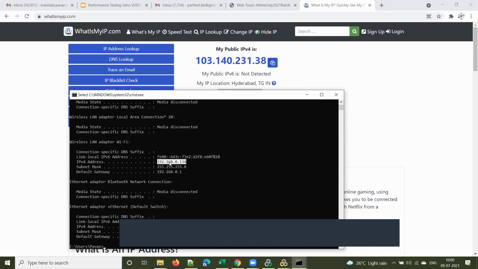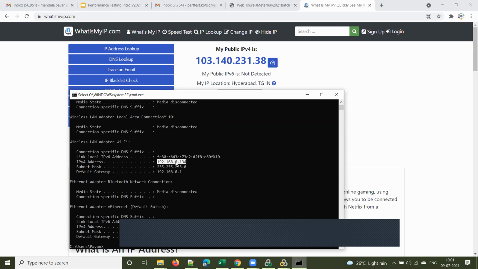Now, what is the purpose of this private IP, and why is there no public IP directly for each device? Let me give an example. For my internet connection, I have two laptops and one phone.